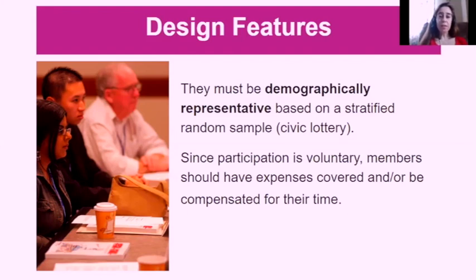And they're randomly selected in a way that makes the Citizens Assembly demographically representative. So for example, you would want half men, half women. So of the responses that come in, they would be divided into men and women, and participants selected from those piles. So you can do that for as many criteria as you want to ensure that you have a breakdown by age, that you have a breakdown by race, that you have obviously people from every region of Canada, that you have different levels of education represented. You can do this for whatever criteria you want to create the most representative group possible.